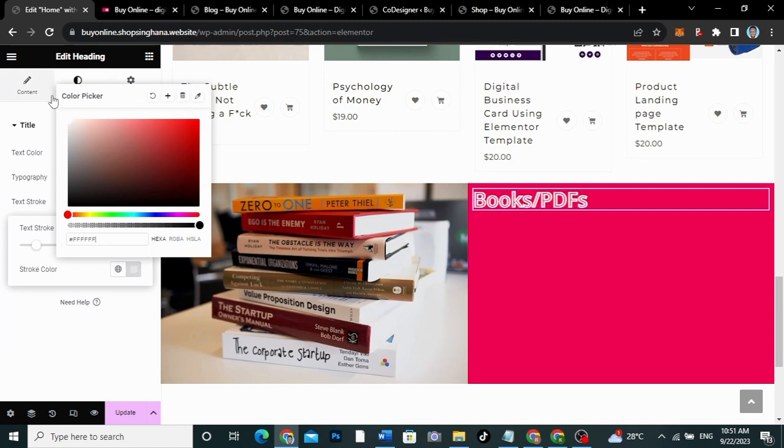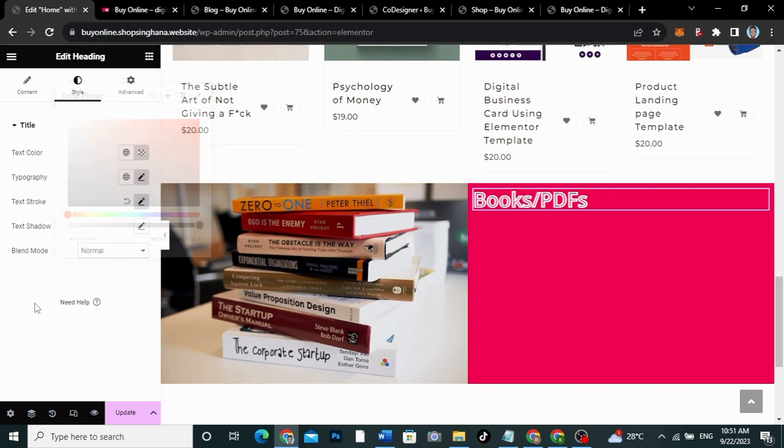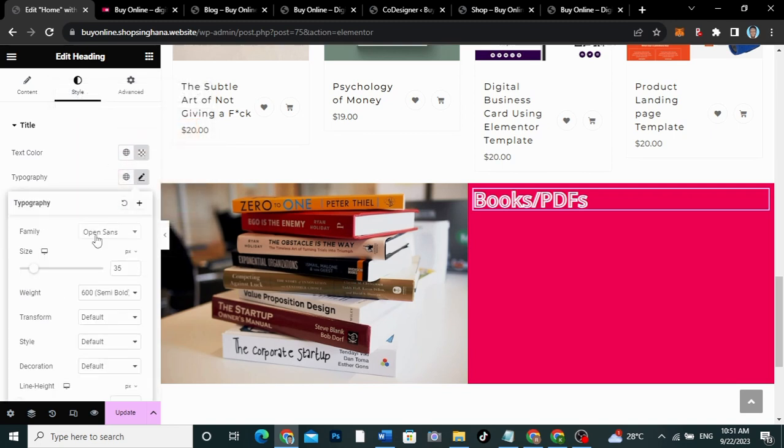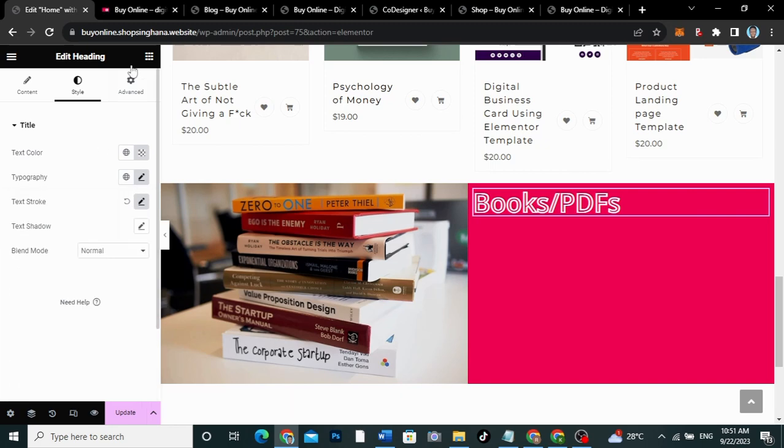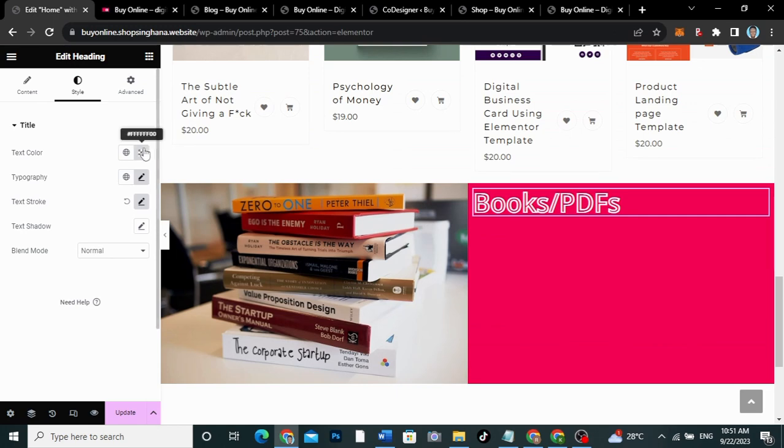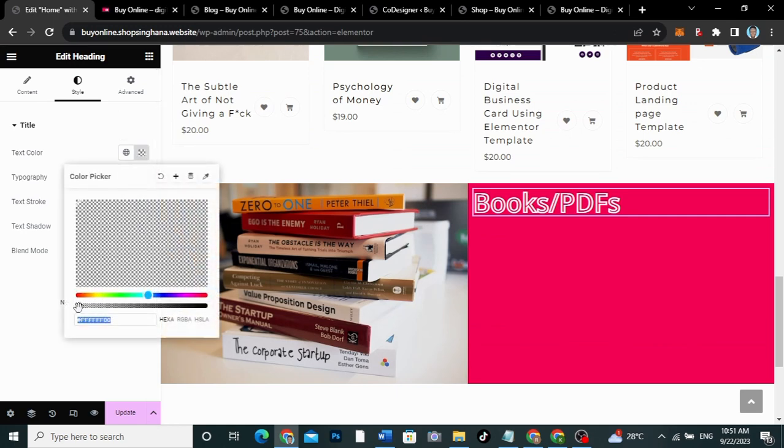Now over here, I'm going to give the stroke of what? Kind of like white. And then I'll come back to the typography again. Now I'll just increase the typography a little bit. So let's see how this one looks. So this one has a little bit of whitish in it. So let me just give it the benefit of the doubt and increase the opacity a little bit. Okay, so this one is quite okay,